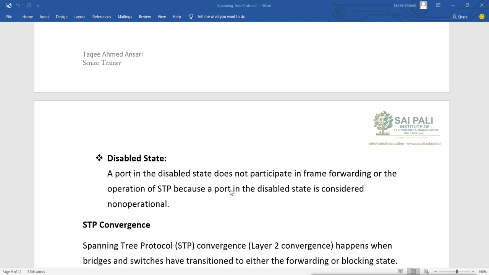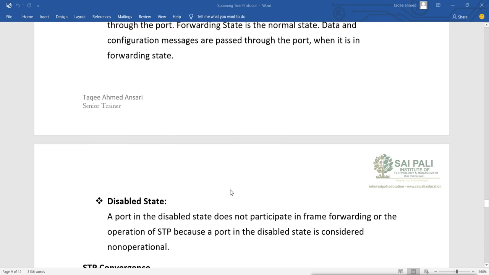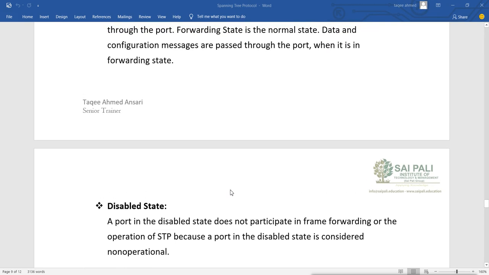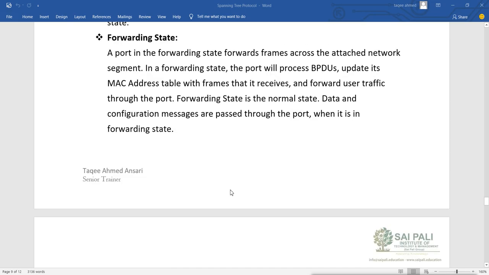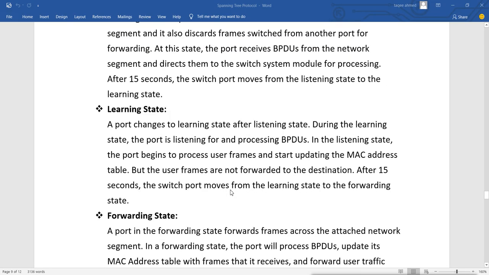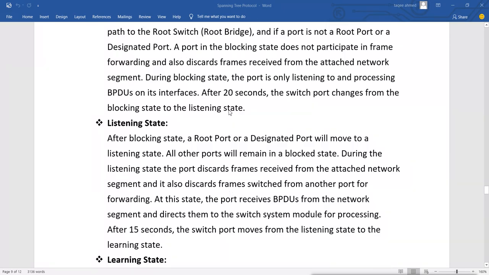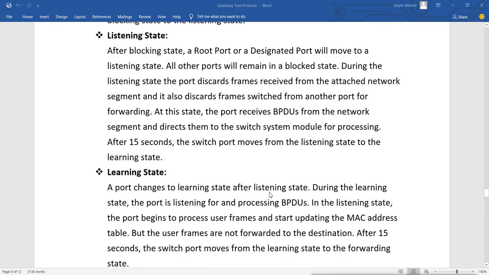Now these are the different states of the port, and because of this it will take time when you connect a new device to a switch. It will take at least this much time. How much? It is 20 seconds for blocking, then 15 for listening and 15 for learning.